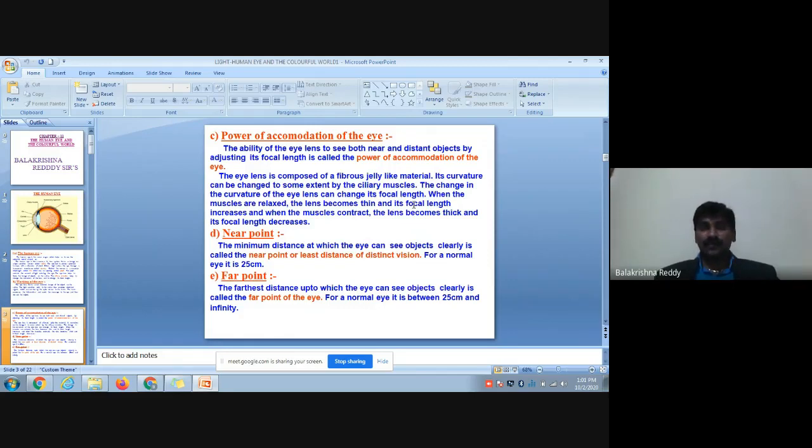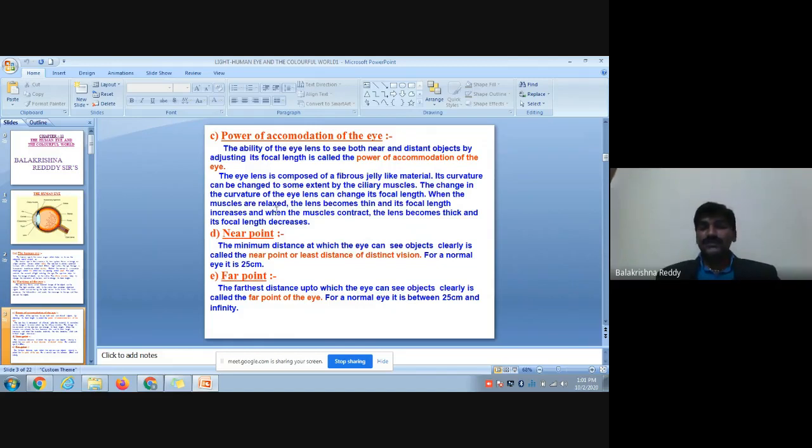Just now I told you, when you want to see a smaller object at a near distance and a longer distance, there is a contraction and expansion that will take place in the case of the human eyeball. That happens due to the ciliary muscles. When the ciliary muscles expand and compress, there is a change in the focal length of the lens, which means the image falls on the screen in a different manner.